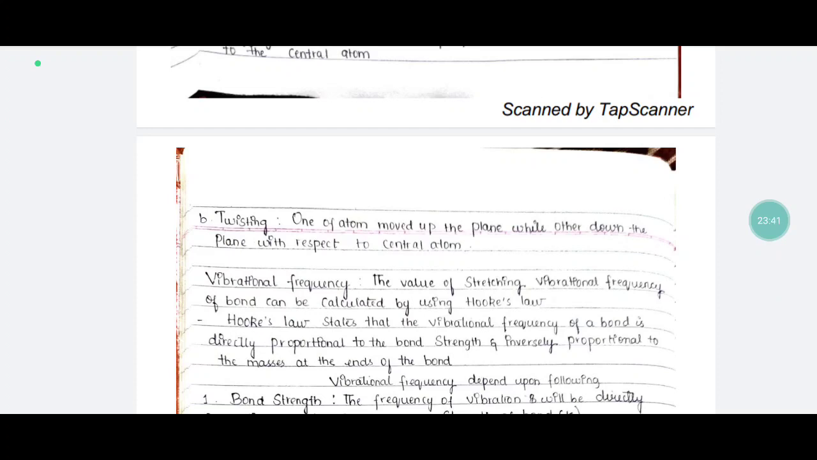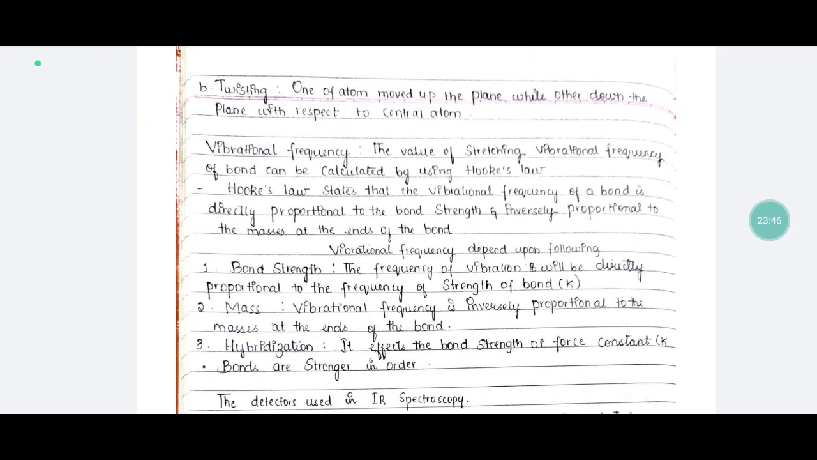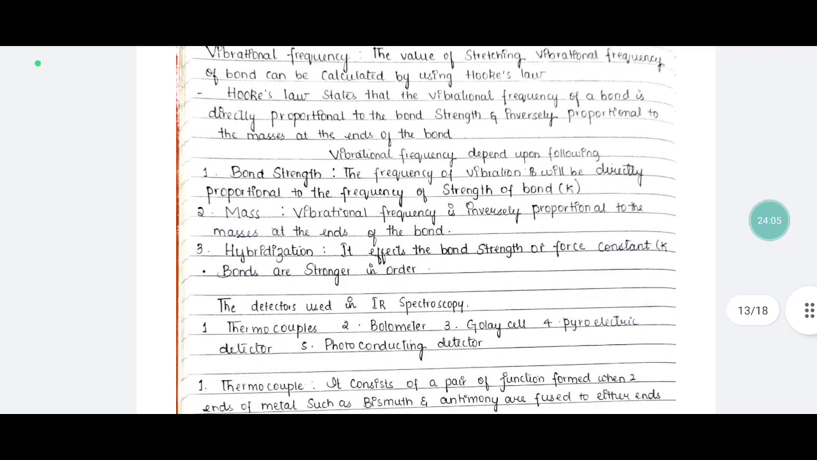Hooke's law states that the vibrational frequency of a bond is directly proportional to the bond strength. The vibrational frequency depends upon the bond strength, the mass, and lastly the hybridization. Whereas the detectors used in the infrared spectroscopy are the thermocouples, bolometer,